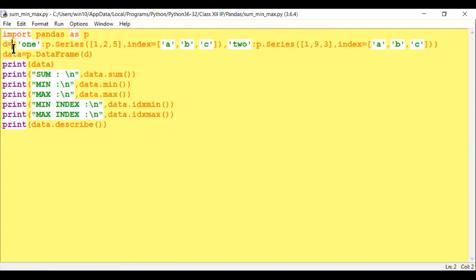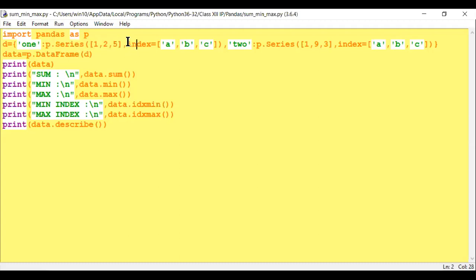Equal is an assignment operator. It is a curly bracket with which I am making a dictionary. One I have written. Here I am putting a colon, pd dot Series. So the first one title will be displayed in a pd dot Series of this. This will create a series 1 to 5.